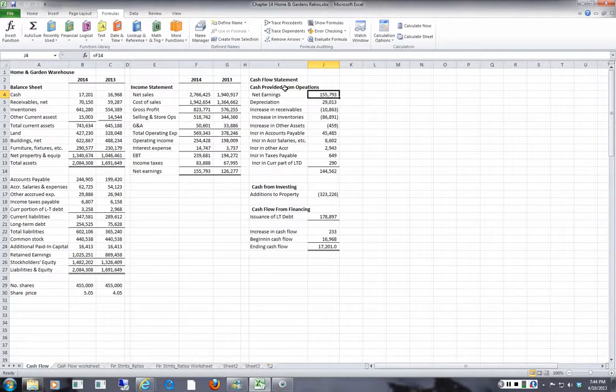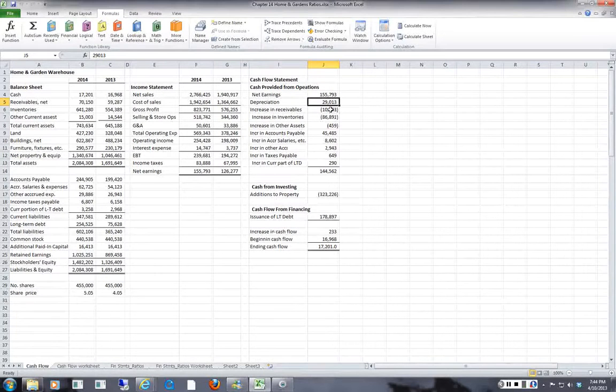One is the cash provided from operations, the next one is cash from investing, and the third one is cash from financing. So we start with cash flow from earnings. You got the net earnings, and you can see if I put it that we take the net income from 2014 and put it up there in the beginning of net earnings. And to that we add depreciation, because you know that depreciation is a non-cash expense and it's been deducted from the operations, so we have to add it back in. Now, usually you can find that in the income statement, but in this case it doesn't show that, so they've given us that number of